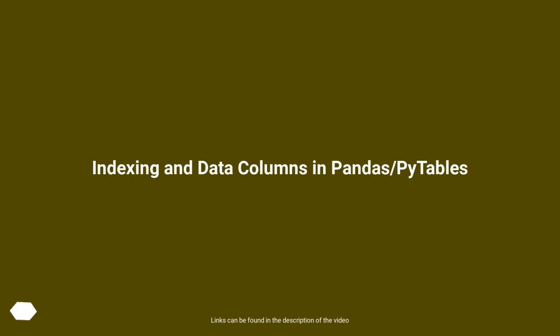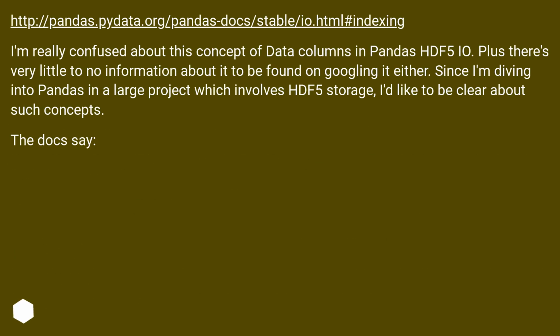Indexing and data columns in Pandas/PyTables. This URL. I'm really confused about this concept of data columns in Pandas hdf5io. Plus there's very little to no information about it to be found on Googling it either. Since I'm diving into Pandas in a large project which involves HDF5 storage, I'd like to be clear about such concepts. The docs say,